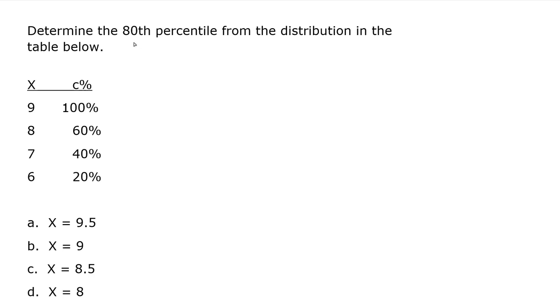All right, now they're asking us to find the 80th percentile, and as I've pointed out in previous videos, when we're looking for a blank percentile, like the 80th or the 50th percentile, what they're looking for there is the upper real limit of some score. And so I need the upper real limit of a score that goes with 80%. Now I don't see 80% in here, but before I get into how you're going to deal with that,